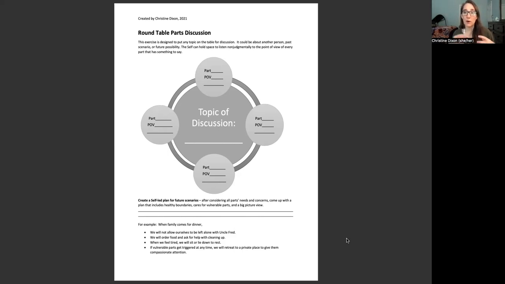But then there may be parts that have more to say that really want to be heard or helped in some way. So the self can listen to them and say, what do you need? And what do you need? And there might be polarized parts, right? There might be a part with a conflicting need, or it seems like a conflicting need. Needs aren't actually conflicting. It's the strategies that the parts have to meet their needs that might conflict.